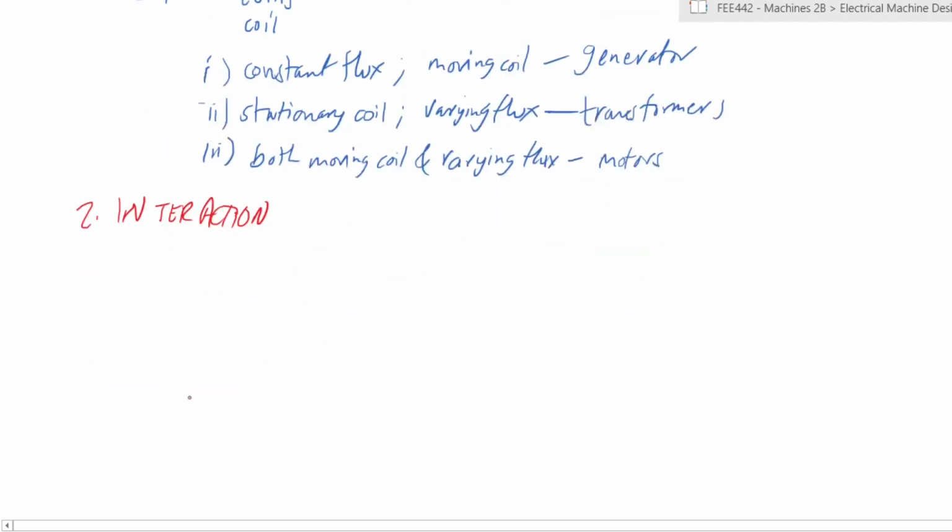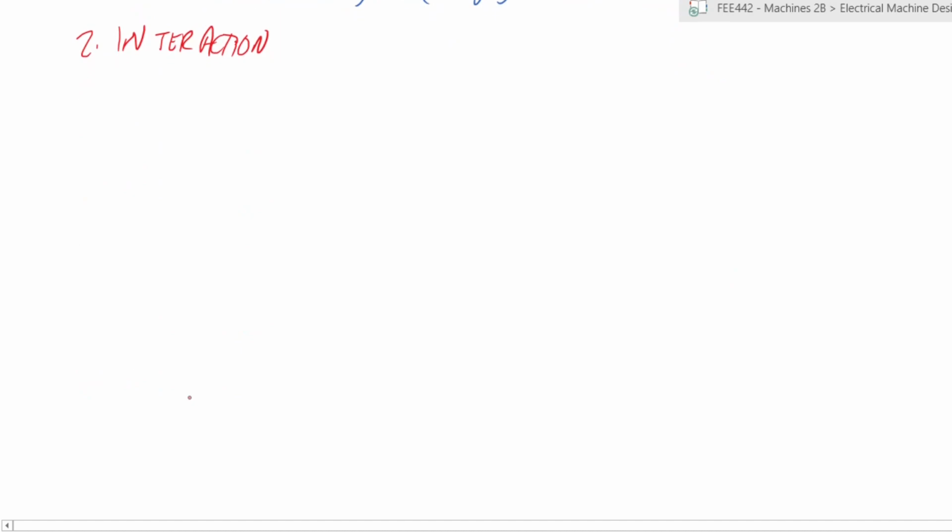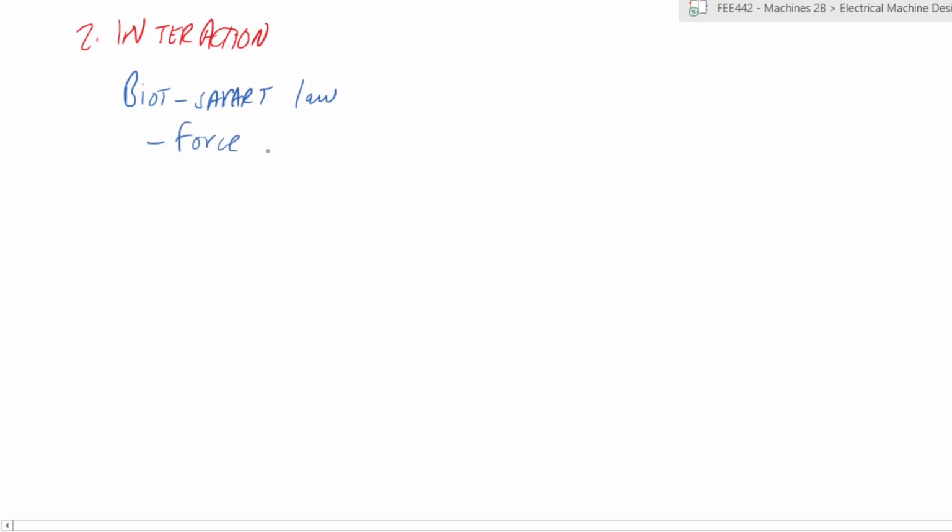And this principle makes use of the fact that we have a force being created anytime that there's an interaction between a conductor through which current is flowing and a magnetic field. And this is described by the Biot-Savart law, right? And this is a force that is created when you have interaction